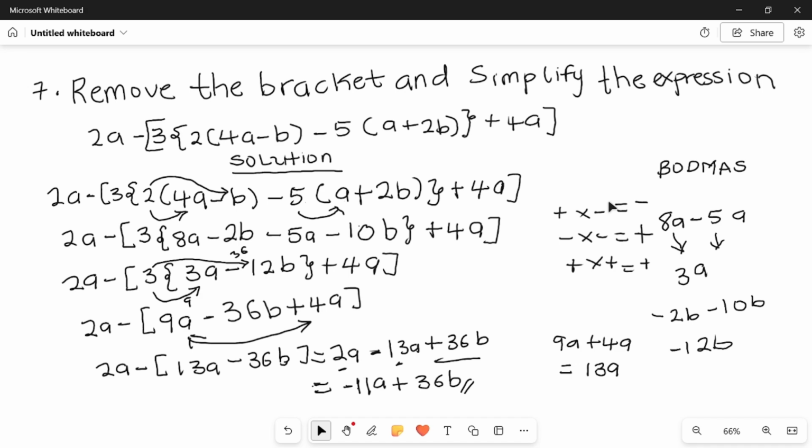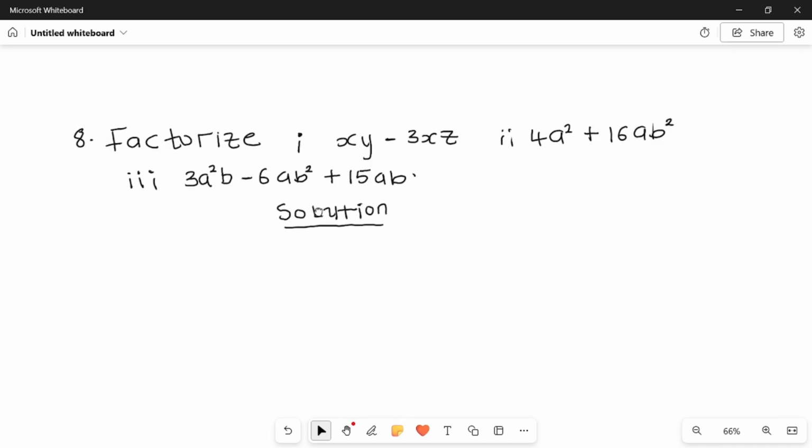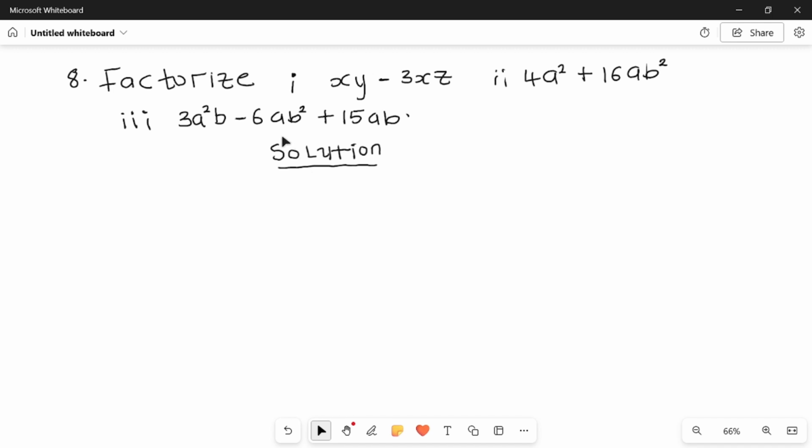This is example 7. Move to the next example. That's example 8. So example 8 says we should factorize xy minus 3xz. We should factorize 4a squared plus 16ab squared, and we should factorize 3a squared b minus 6ab squared plus 15ab. So let's go. The first one,